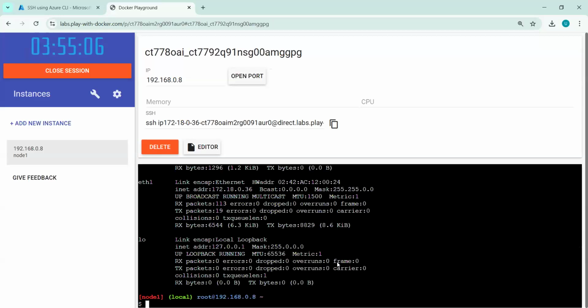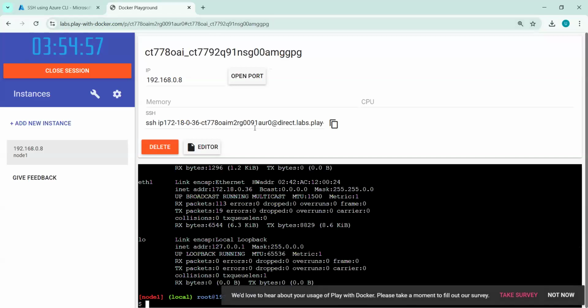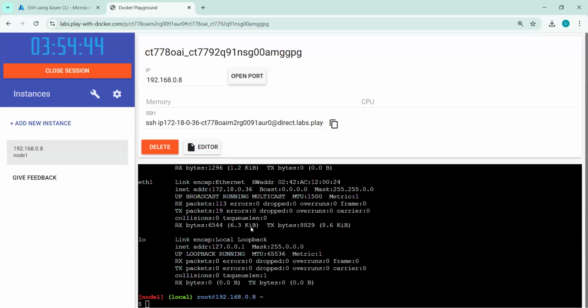You don't need to create VirtualBox on your local machine. You just have to log in to Let's Play with Docker dot com, log in with your Gmail ID, and you will get the machine. But the problem with that is, if you don't have a reliable internet connection, then this connection may be lost.